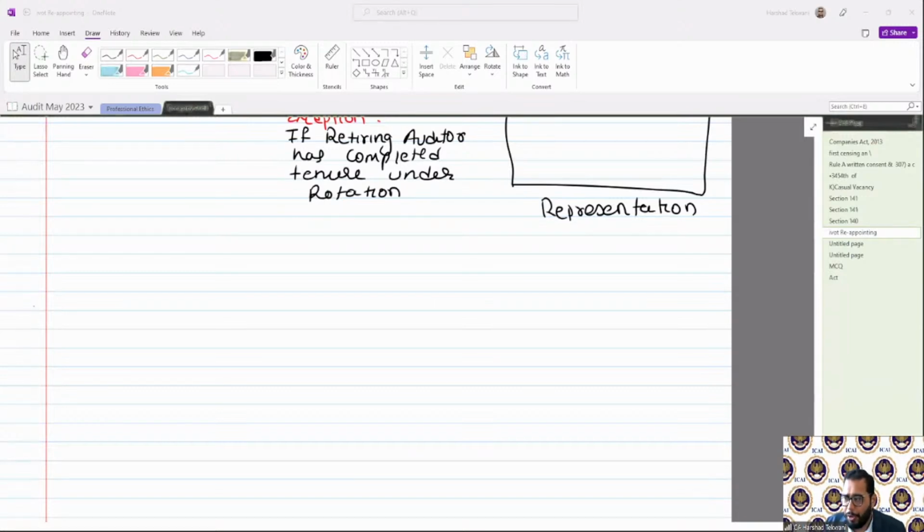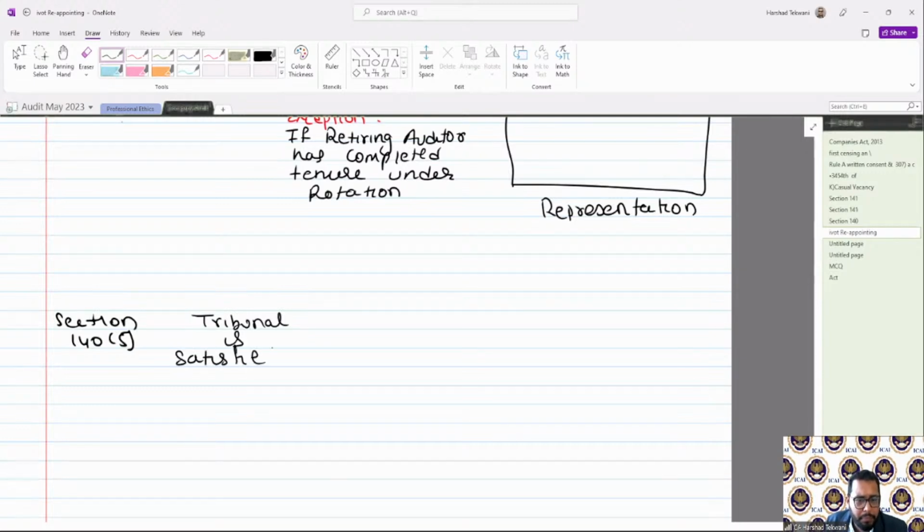when an application has been made to the tribunal, or the tribunal, suo moto, is satisfied that the auditor of the company, whether directly or indirectly, has acted in a fraudulent manner, or has abetted or colluded in any fraud, then in that case, I'll write it down over here. Now, if the tribunal is satisfied on an application by the company, so if the tribunal is satisfied when it receives the application by a company,